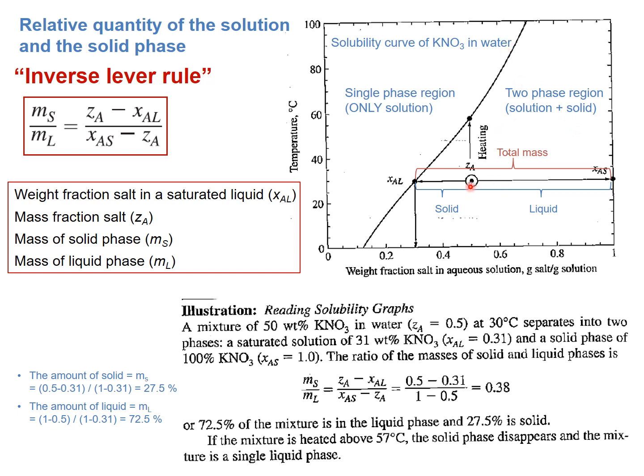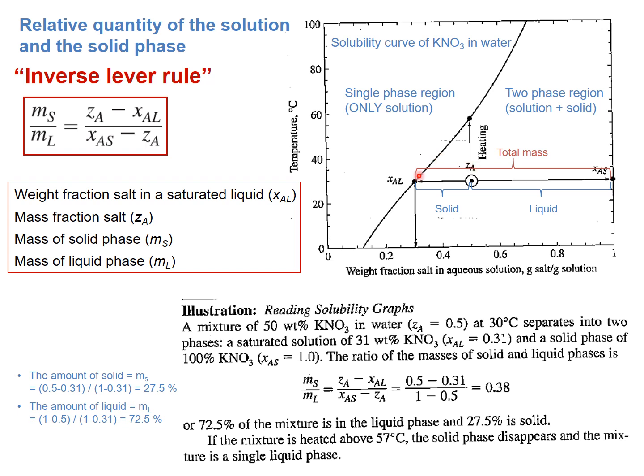So here is the point. I mean, we have 0.5 gram potassium nitrate salt in 1 gram solution at 30 Celsius degree. Then how much solid and liquid is there for each phase? So let me calculate the composition for the saturated solution and the solid first, and then we'll go to the amount of each phase.